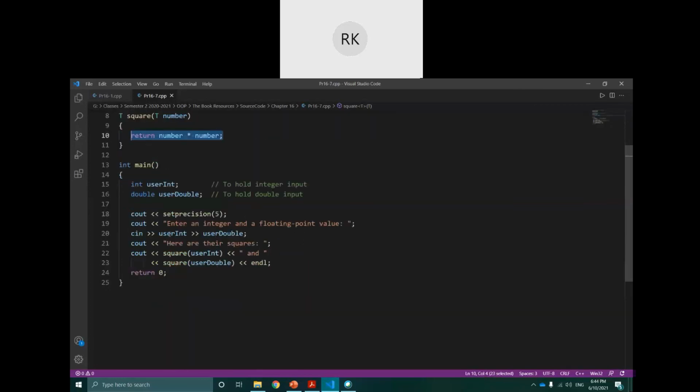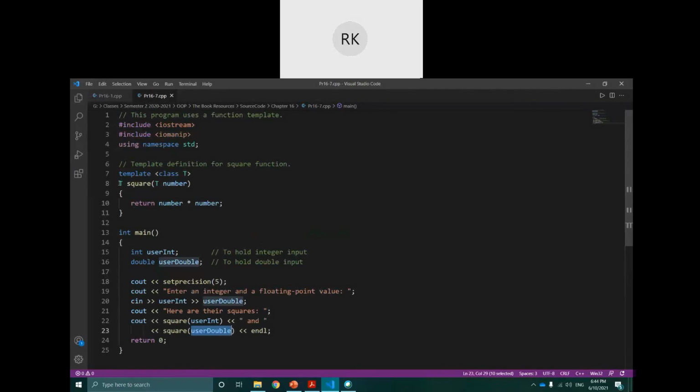And you see now in int main we have an integer value and a double value, and one time we are calling this function with the integer value, and one time we are calling the same function with the double value. So the function template is one, but we are calling it with two different values. The benefit of template is this: we define it just one time, but we can call it with different values.